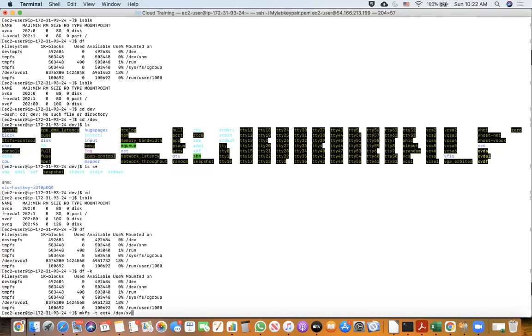The XVDF, as you can see, is a 10 gig file system. I am going to format this 10 gig file system. So this make file system command will actually format this disk.